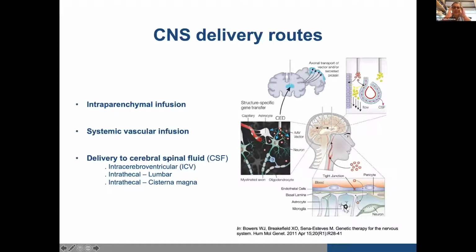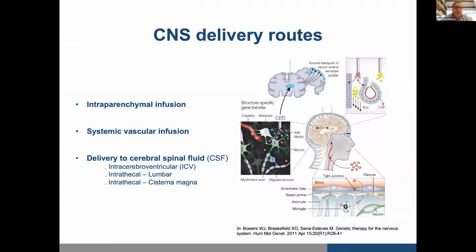In terms of CNS delivery routes, while Maciej talked about the peripheral symptoms and the potential for peripheral disease associated with MPAN, or mutations of C19orf12, certainly the leading cause of the phenotype, or the most severe phenotypes in these patients, to my limited understanding, is a neurological disease. So we'll focus today perhaps on this,